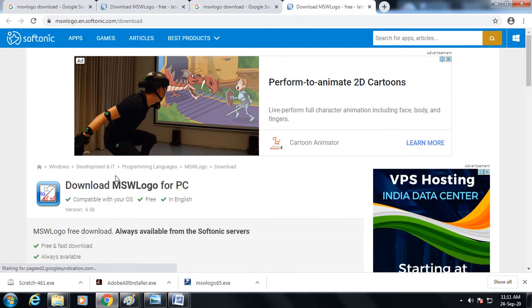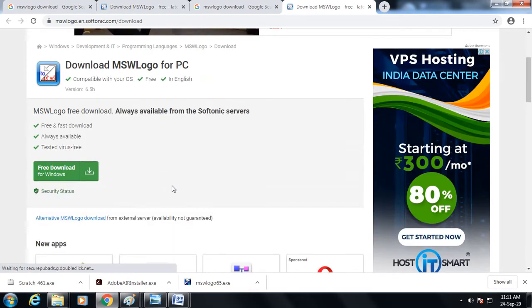See, "Download MSW Logo for PC", and you will see a green box over here, "Free download for PC, Windows". You need to click on this green box and your software will be downloaded in your computer, and that file will appear over here.